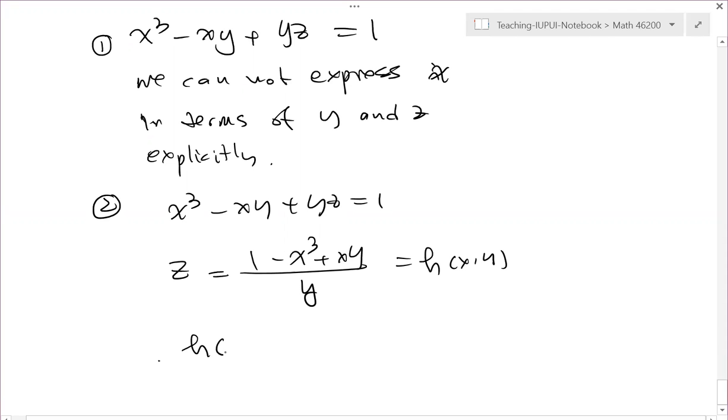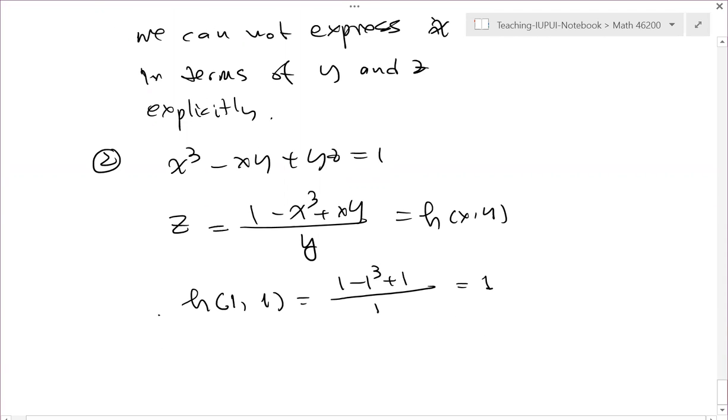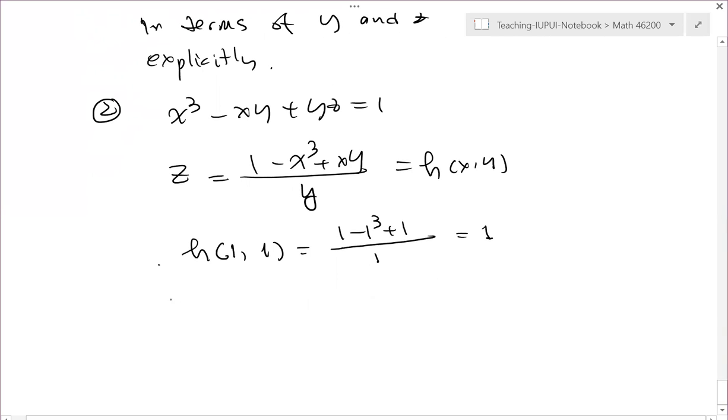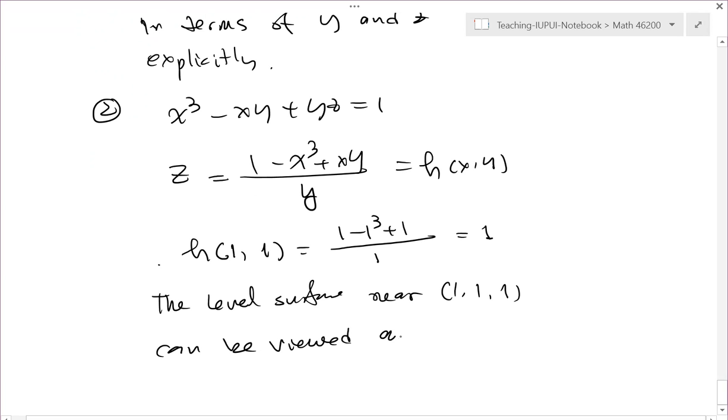You can take a look: when x is 1, y is 1, I get 1 minus 1 cubed plus 1, divided by 1. So the answer is 1. And so the surface can be viewed as a graph of a function defined locally, right? So locally, the level surface nearby that point in space can be viewed